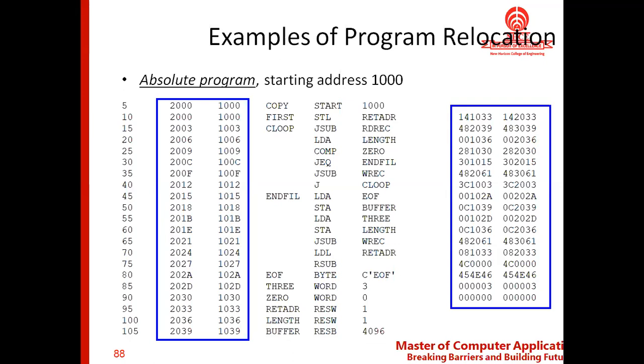Whereas when the starting address is relocated or changed to 2000, the RETADR is 2033. That is how there is a change in the address in the object code as well.